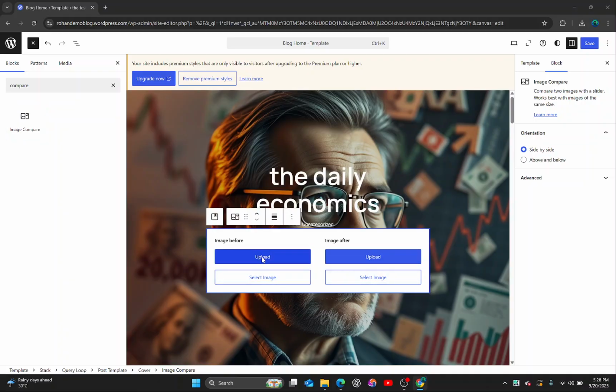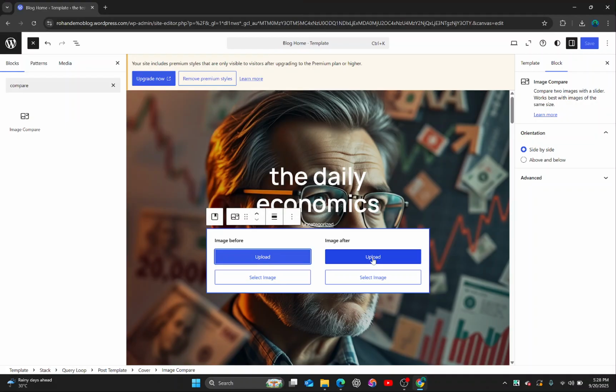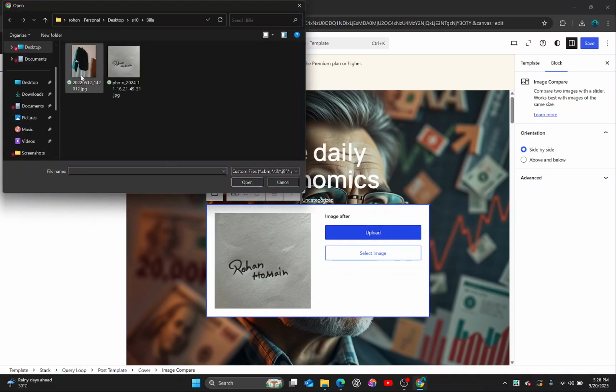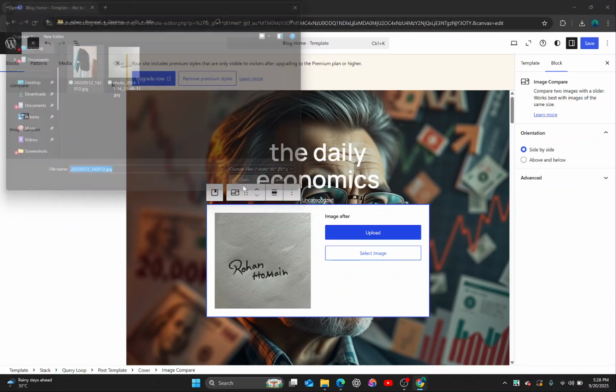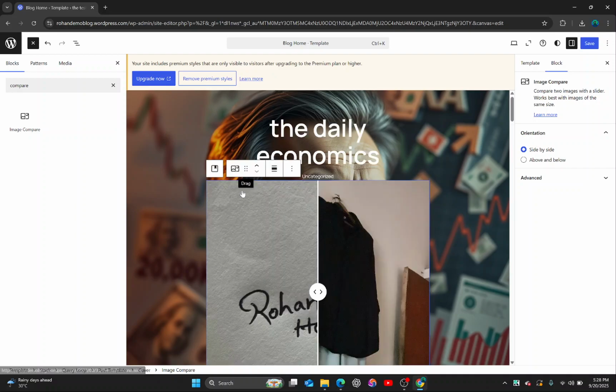So we are going to click on upload, and simply just here we are going to add photos to compare in WordPress. As you can see, one photo has been added and another photo has been added. This is how you can add photo or select images from uploaded in WordPress, but this is the side-by-side comparison